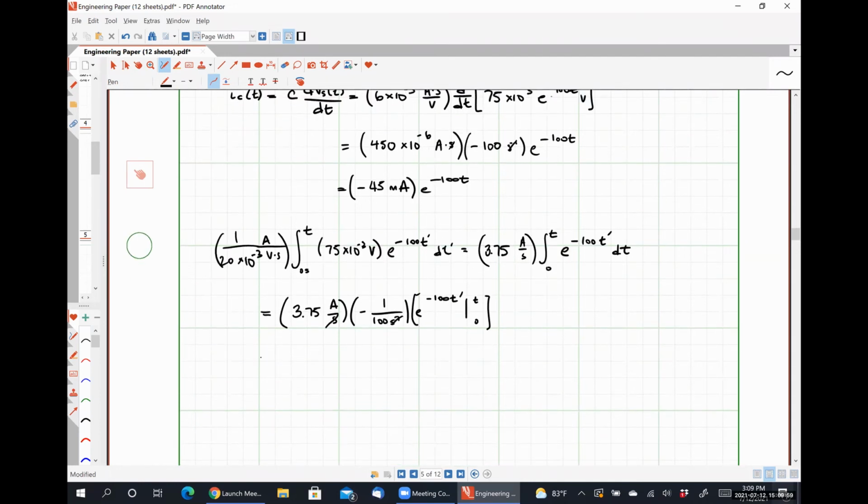Right, so that's going to be negative 37.5 e to the minus 100t